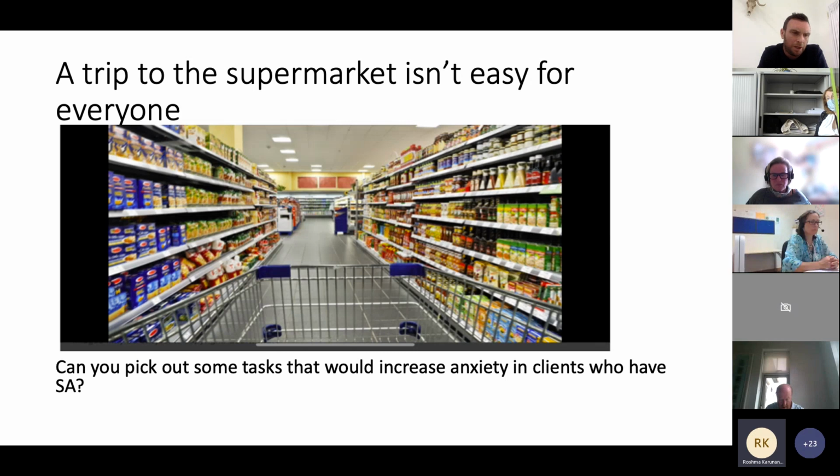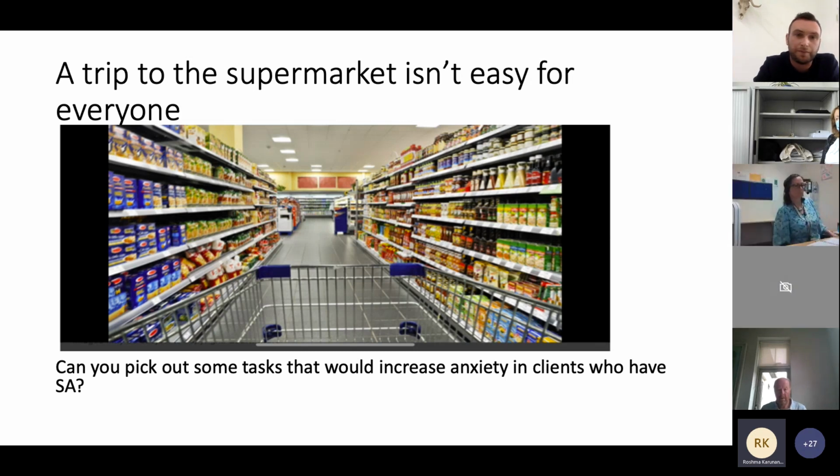A lot of people struggle with handling cash and with talking to people behind the counter. So there are lots of different things within an environment that can cause difficulties. Our job is to understand what those difficulties are, so that we can understand where the problems lie in terms of the thinking, and that then gives us a better way to manage the behavioural difficulties.